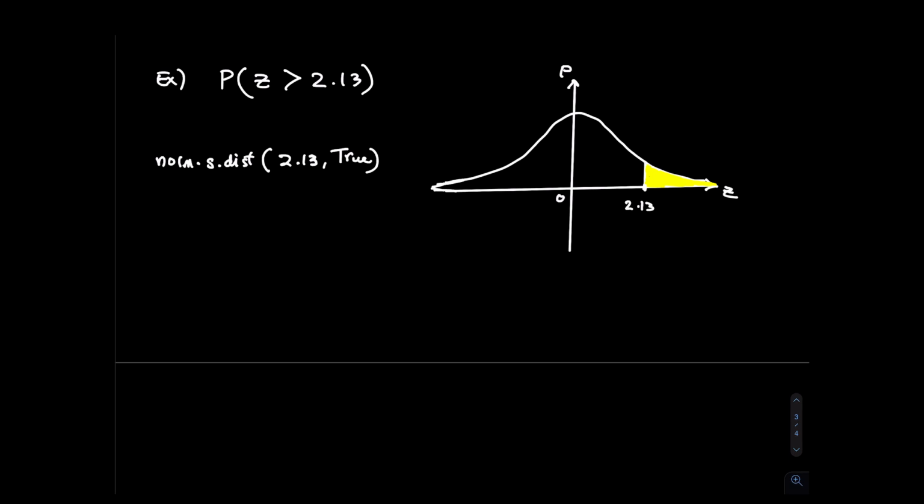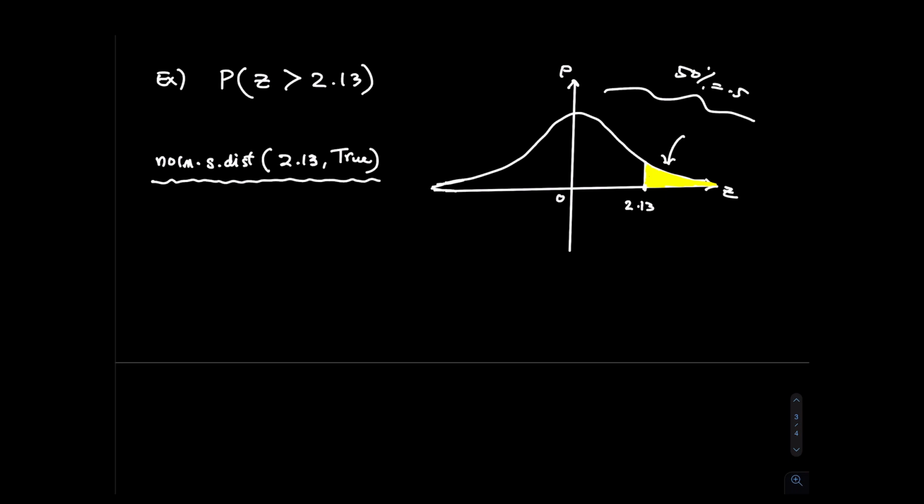You're going to get some value that's more than 50%. That's not right, because remember, the property says that an entire half of a normal distribution is 50%, which is 0.5. So how could a little yellow area that's obviously less than 50% be greater than 50%? You see, if you just blindly type the norm.s.dist of 2.13 true, the answer Excel is going to give you